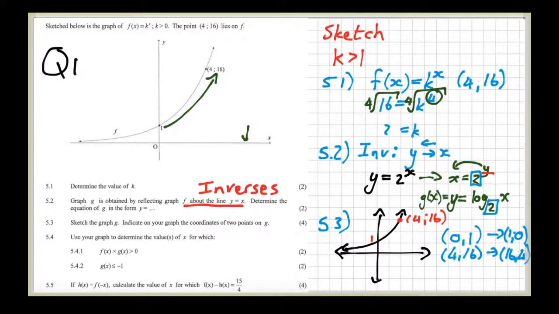Unfortunately, my sketch is really not up to scale, but in the exam, it's not really an issue because the examiners don't look for scale. They look for form, they look for coordinates, they look for special coordinates, asymptotes. So I'm just going to plot it here. (1, 0). There we go. There's my coordinate (1, 0). And then my other coordinate will be somewhere randomly there, which is the coordinate (16, 4),